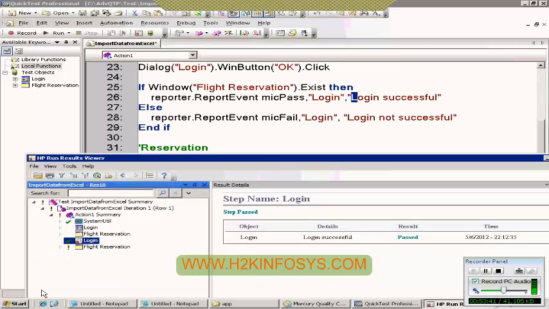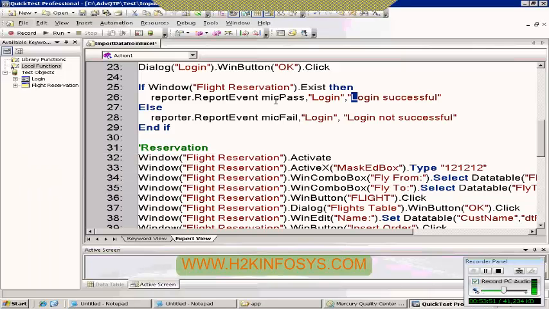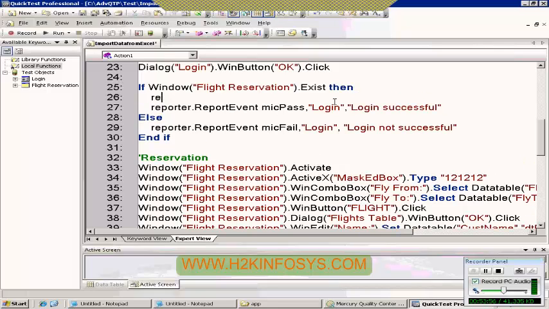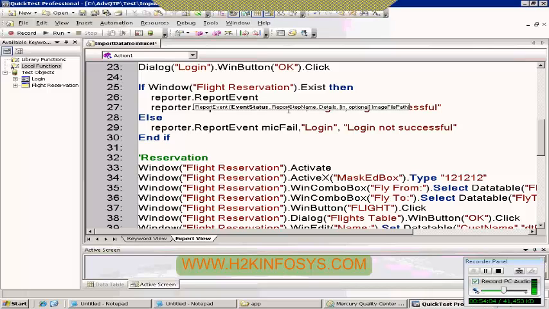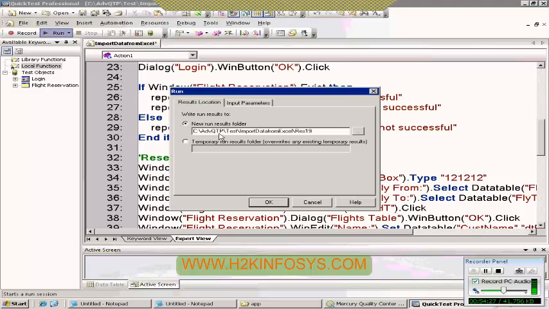And if you don't put anything in here, if you just leave it till pass, then it won't run? Yeah, because that's a mandatory argument. Okay. All of these are mandatory arguments for this ReportEvent. So if you put Reporter.ReportEvent, you have to pass this, because these three are mandatory. If you see any marked optional, that means it is optional; even if you don't pass it, it still works. But for this method, say for example here you put micPass and then you simply say login successful, then it gives you a message saying syntax error. So if you run,